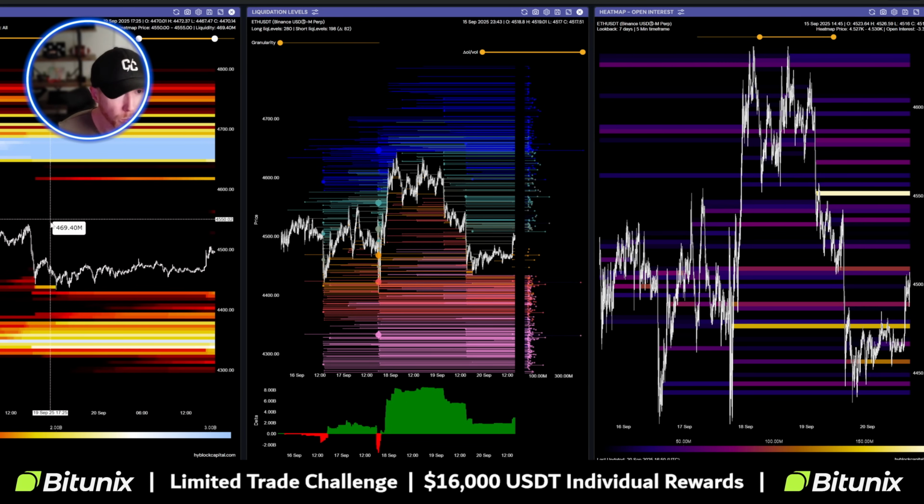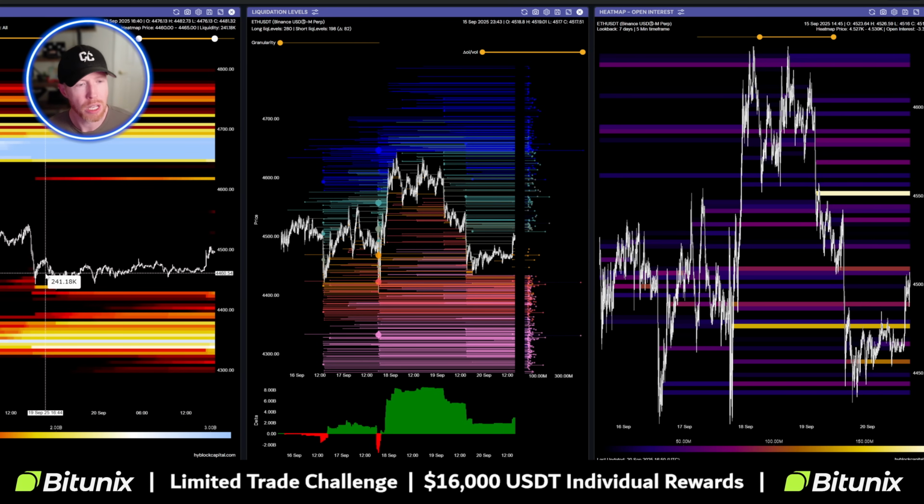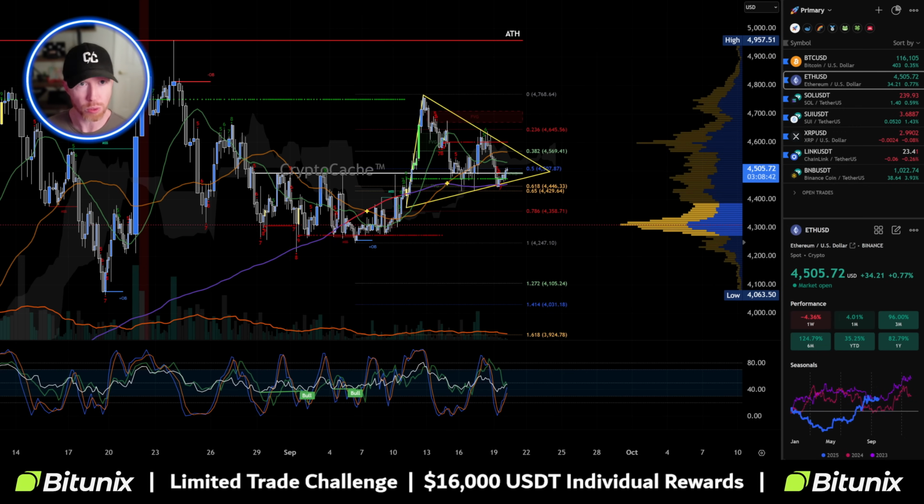We have a ton of liquidation upwards of 4,800. So I do side with the fact that we're probably going to see further price action higher for Ethereum. Just the overall sentiment here, I feel, is pretty safe to presume we're going to go higher. Once more, that's based on a macro perspective. Let's take a look at that right now.